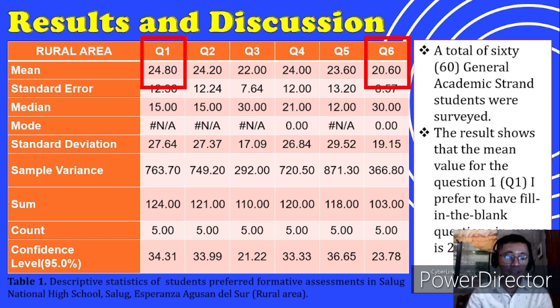On the other hand, the mean value of question number 6, "I would like to be evaluated with practice, experiment, observation, role-playing instead of exam," is 20.60, which suggests a lower level of agreement compared to the 5 formative assessment questions. On average, the students showed a less strong preference for alternative evaluation methods such as practice, experiments, observation, and role-playing instead of traditional exams.